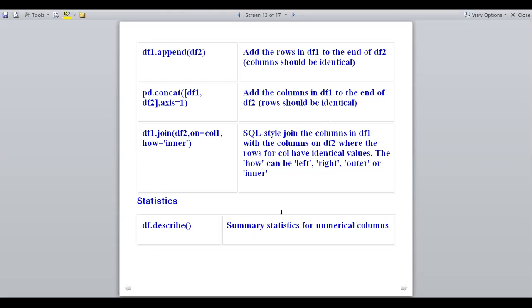So all these functions you can use on a data frame. These are small lines of code, so you can do it easily. Very simple, very easy to understand. That's why it is called the beauty of Python. I hope you understand this topic. Thank you.